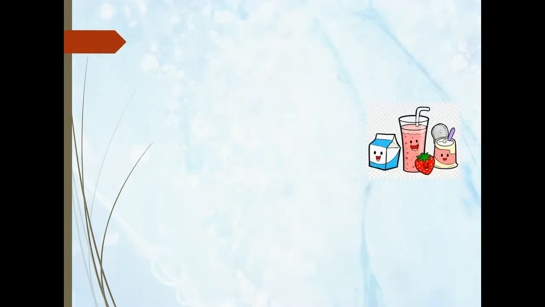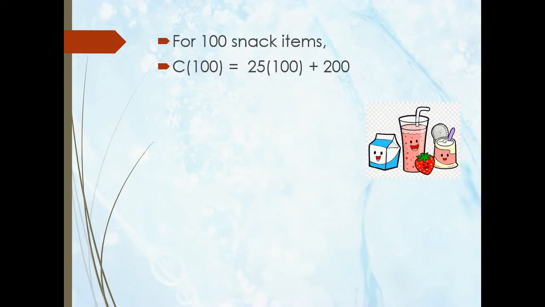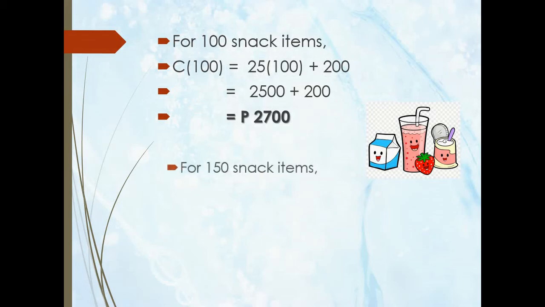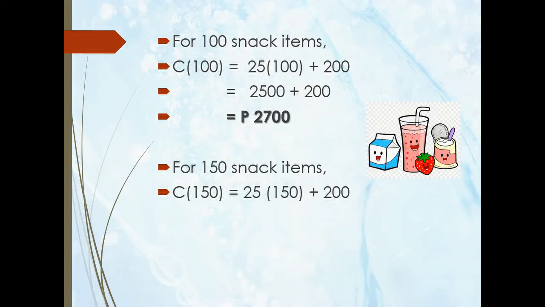For 100 snack items, c of 100 is equal to 25 times 100 plus 200. So that becomes 2,500 plus 200. So the answer is 2,700 pesos. For 150 snack items, c of 150 is equal to 25 times 150 plus 200. So that becomes 3,750 plus 200. So the answer is